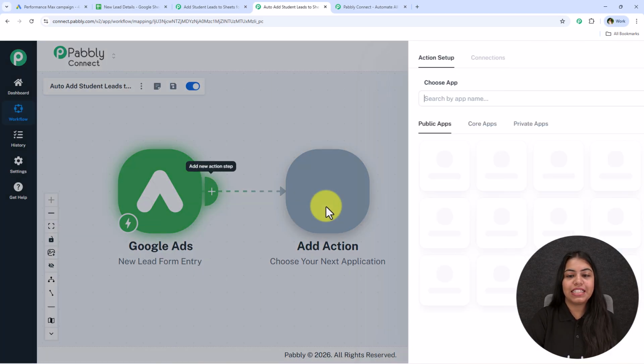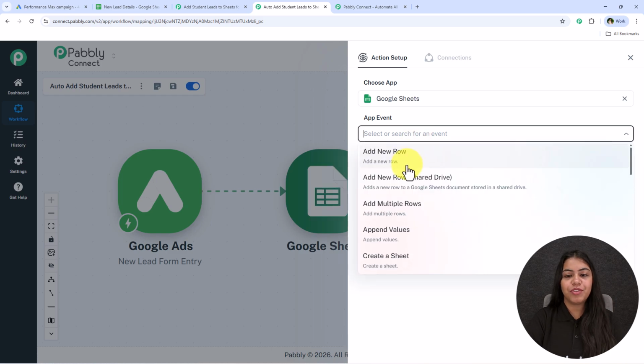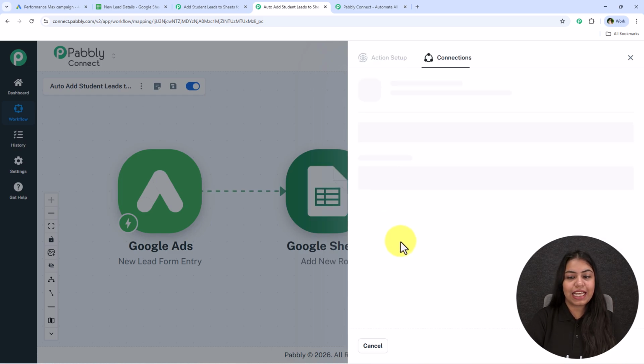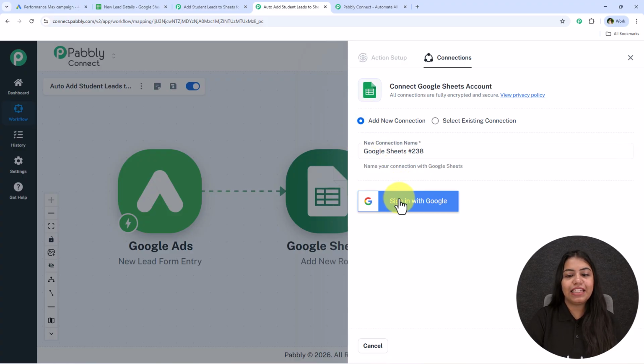And once you click on this add new action step, for the action application, search for Google Sheets and select it. For the event, you have to select it as add new row and click on this connect. Now if you've already created a connection between Google Sheets and Pabbly Connect, then click on this select existing connection and then save. But if you haven't, follow me, click on add a new connection and then sign in with